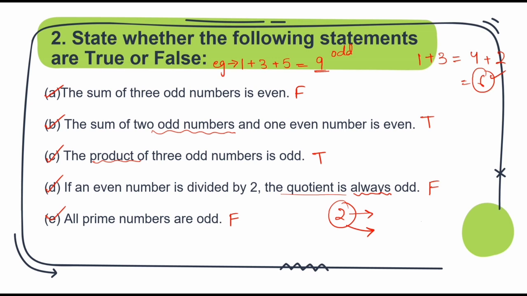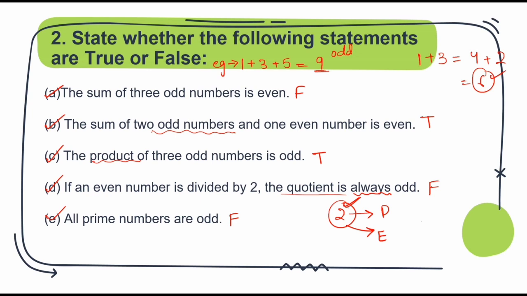Actually, all the prime numbers are odd except 2. 2 is the only number that is a prime number and also an even number. Else each and every prime number is an odd number. Okay. 2 is an exception that you have to keep in mind, that 2 is the only even number in the list of prime numbers. Okay, done. So of course not all the prime numbers are odd. There is one exception, that is 2, which is an even number and also a prime number. So that is why I put false over there.